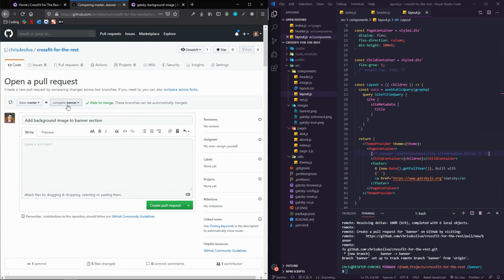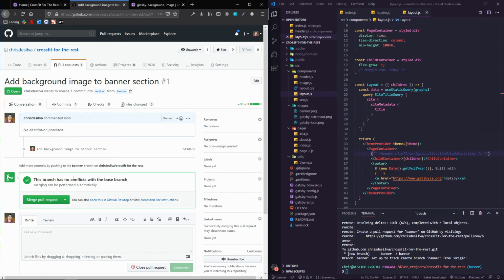If I create a pull request, what it's going to do is say, hey, I want this banner section, all the changes that I made, to be merged with the master project. It seems kind of weird when you're doing it on a project that you're working on yourself, but it's just a good way to make sure that you're not making any huge breaking changes. What I could do is say, all right, that didn't work, and then totally scrap that branch and not have to worry about it impacting my master. So if I click create pull request,